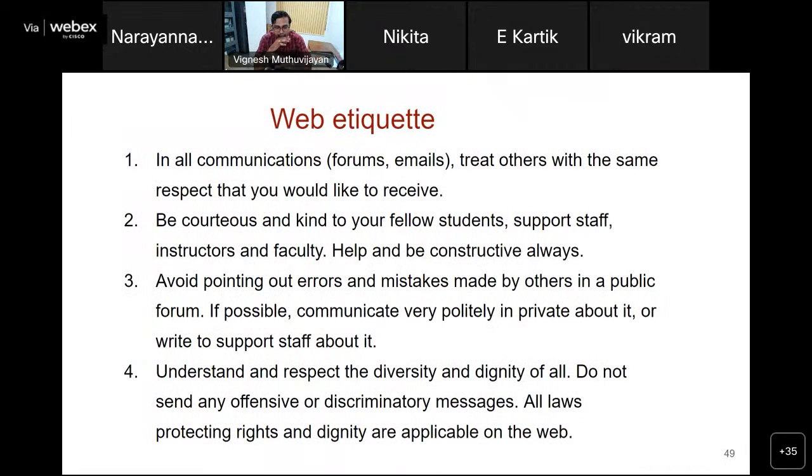We want to emphasize certain behavior is critical, because this program is being offered online. So people need to understand what web etiquette is. Many a time students tend to, not just students, anyone just thinks an online interaction being not face to face, it is things which we don't do in person, we think we can get away with while we do online.